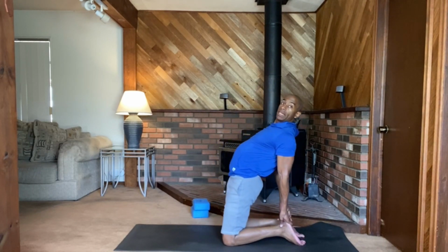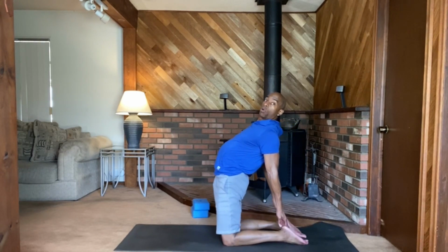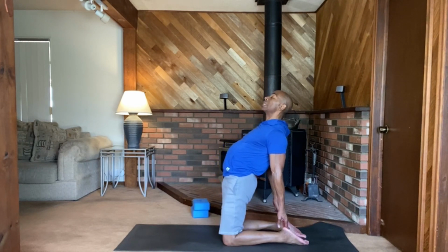Okay, maybe sit back, grab heels. Inhale, pushing pelvis up and forward so your hips are over the knees, heart lifting. Okay, now my feet are flat. I'm in the second version right now of our camel pose. To get out of the posture, sit back. Hands out front,